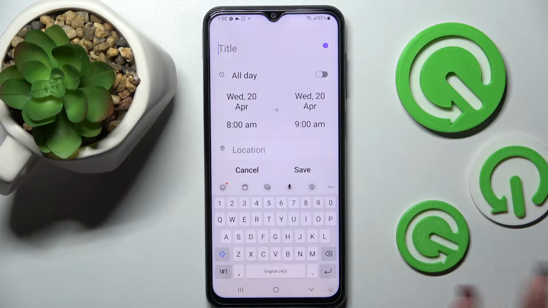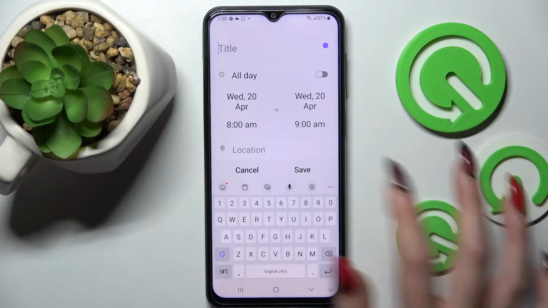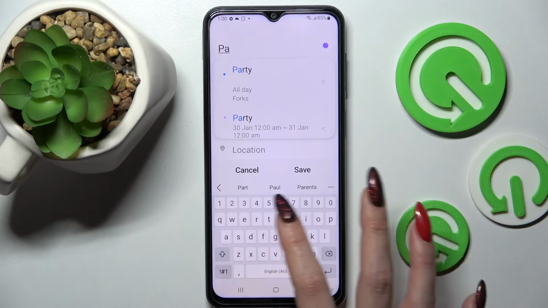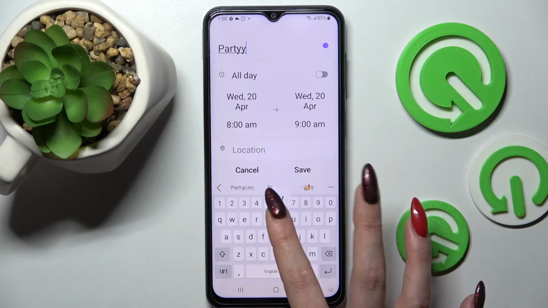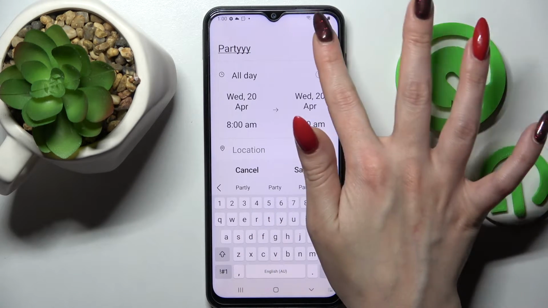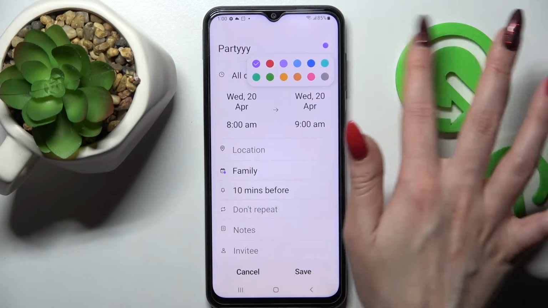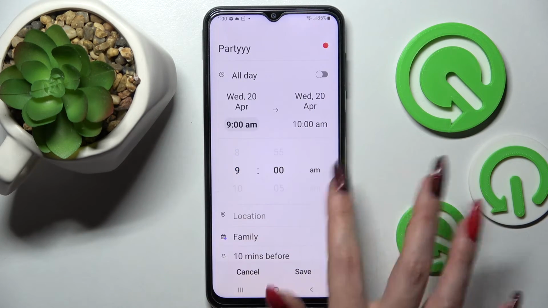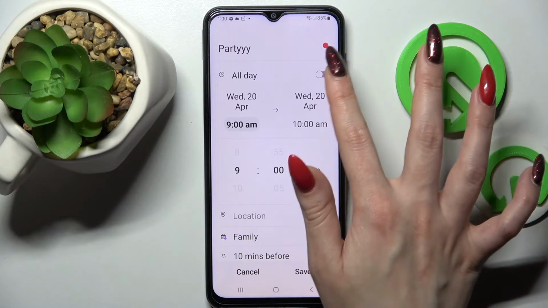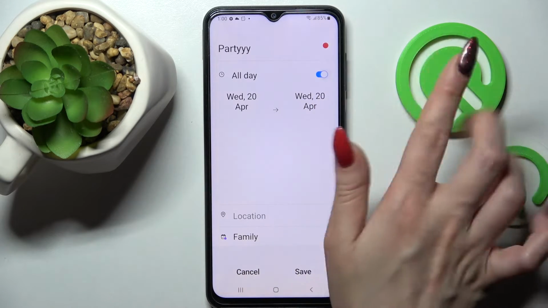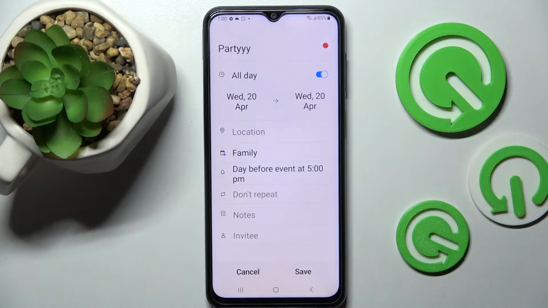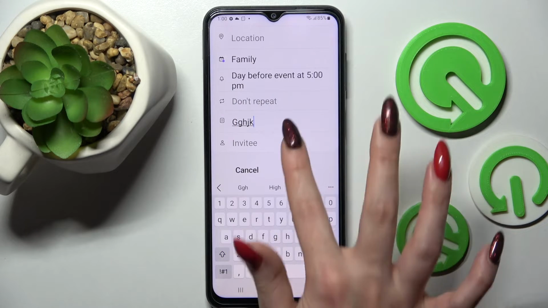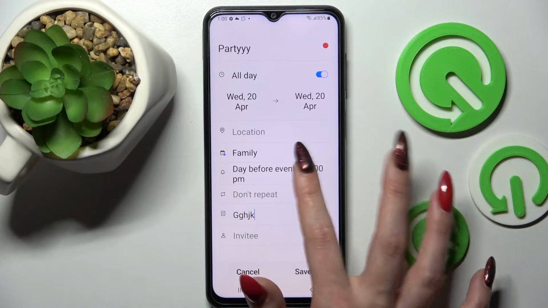And now you can adjust it however you wish to. Over here, for example, add a title and change color. I will go with red. Now you can also pick starting hour or ending one, or disable this feature completely by choosing the switcher next to all day. Over here you can also take notes, invite people from your contact book, select if you wish